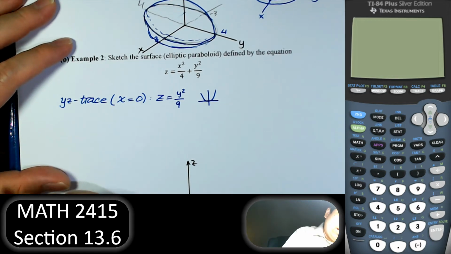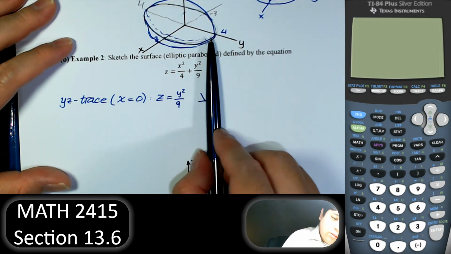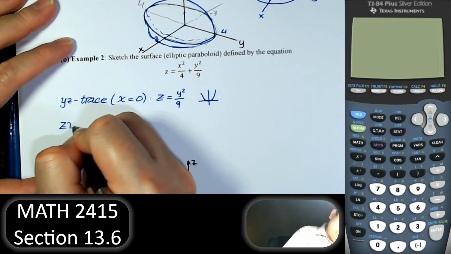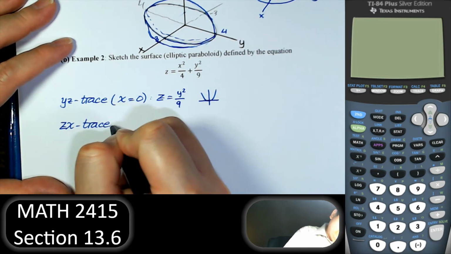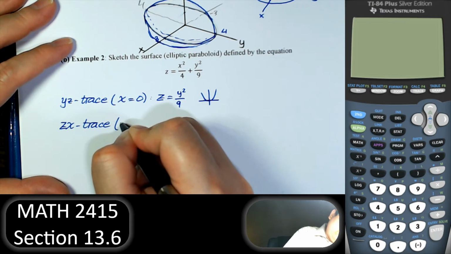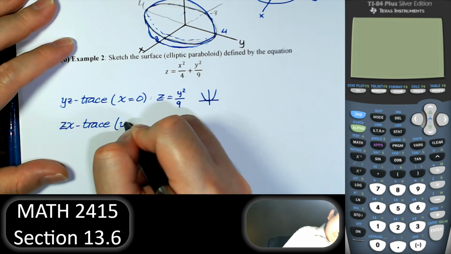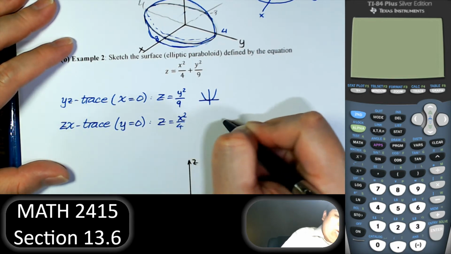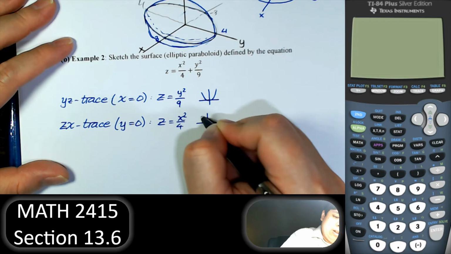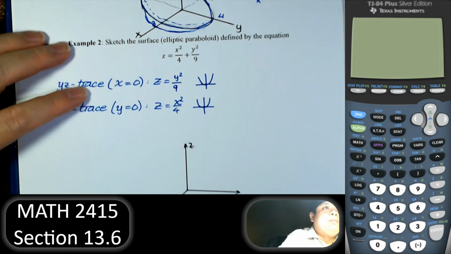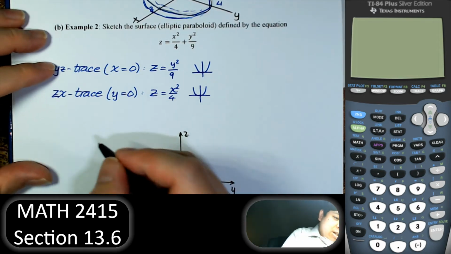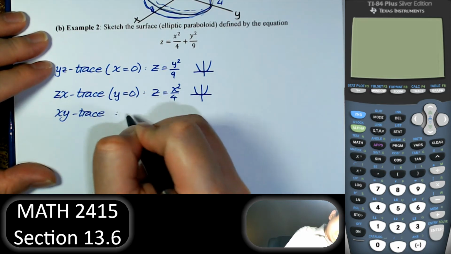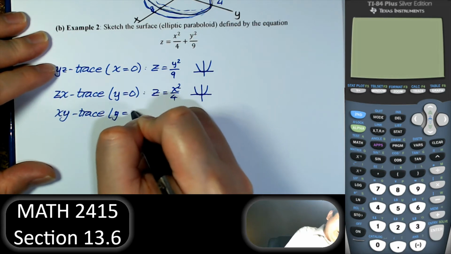And if we look at y equals 0, the zx trace, y equals 0, z equals x squared over 4, that also opens up. And then if we look at the xy trace, where z equals 0,